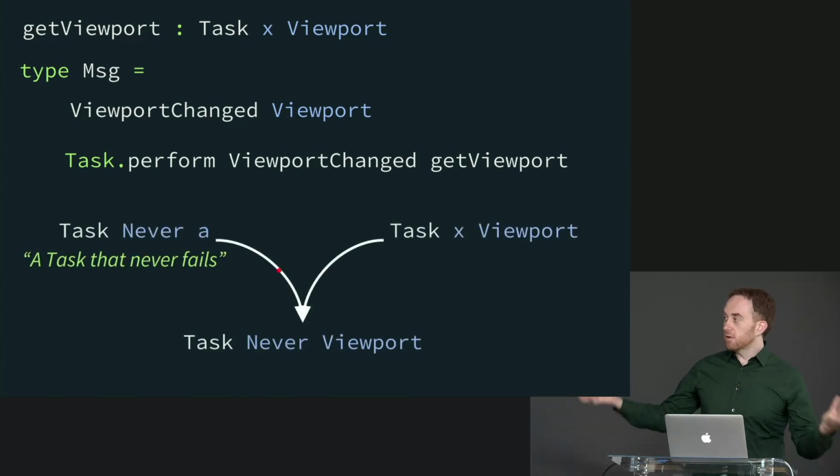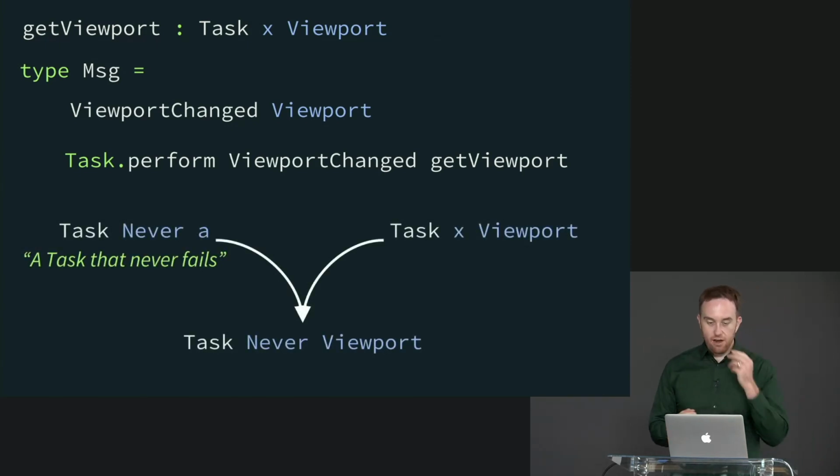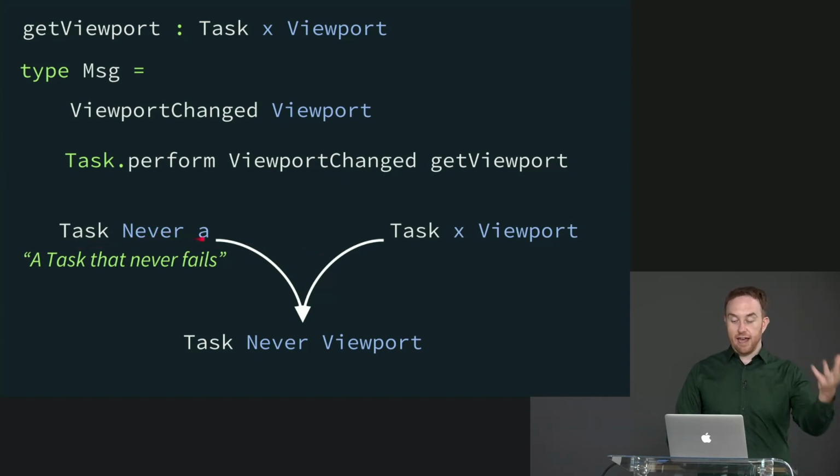And then basically Elm's going to unify these two and say, OK, great. So it's expecting a task that never fails, which is to say task never a. And what we're giving it is a task x viewport. So it's actually going to unify both of those at the same time, in the same way that we saw with open records previously. So the first type variable, it's going to say, OK, never and unbound.